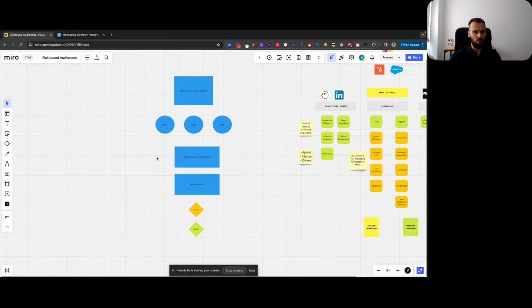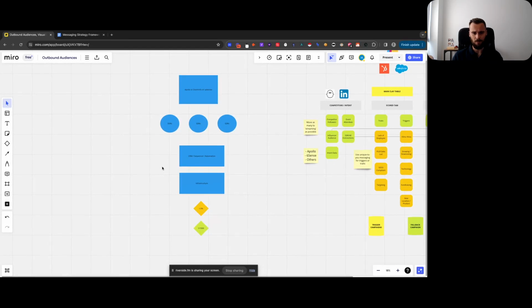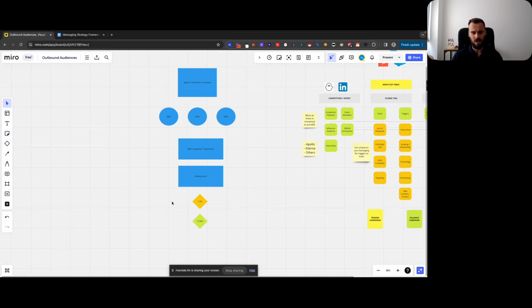Maybe they write their messaging a little bit different, or maybe they have a slightly different offer, but everything else is exactly the same. This is how everyone has been doing outbound. Go into a database, research or the spray and pray, like a 15, 20%, maybe 30% open rate, 1%, 1.5% reply rate, because people,